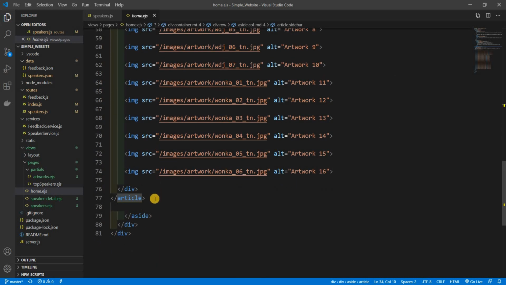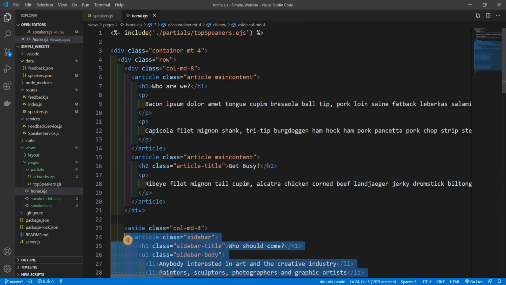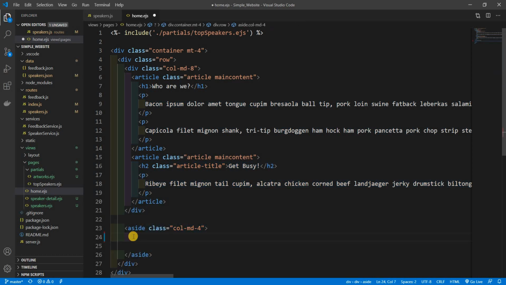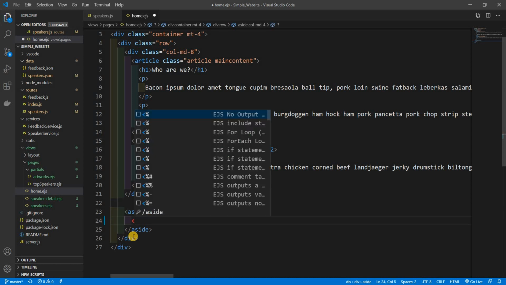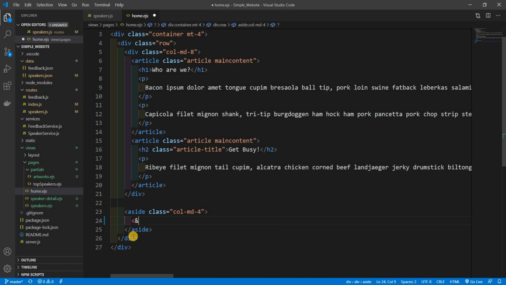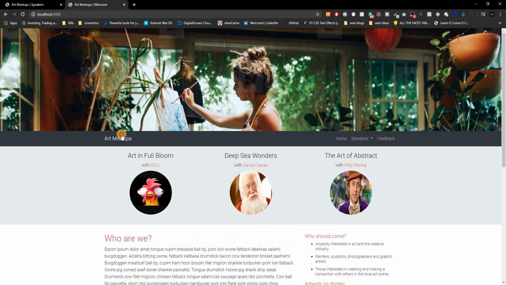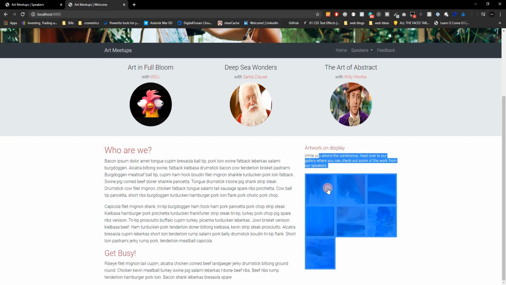So what we want to do is grab that and paste it in, or let's do it right now. Percent, dash, and then percent. Right here is going to say include partial slash artworks. Control save. Okay, now let's check if everything's good. If you go to the home page, yeah, we have the